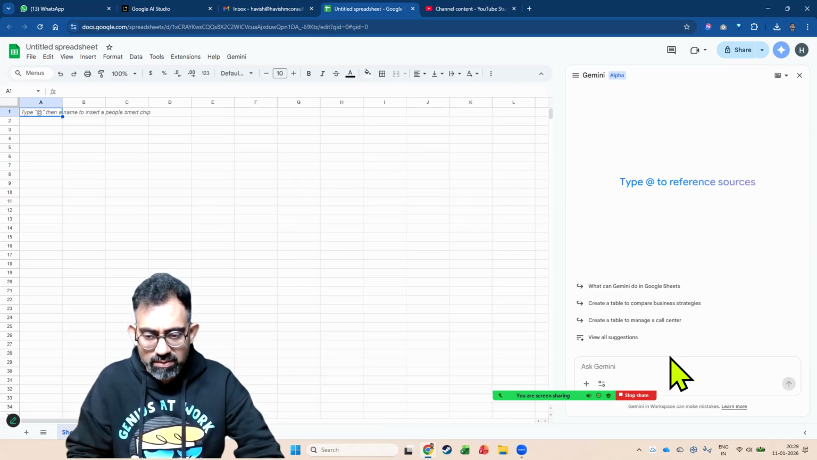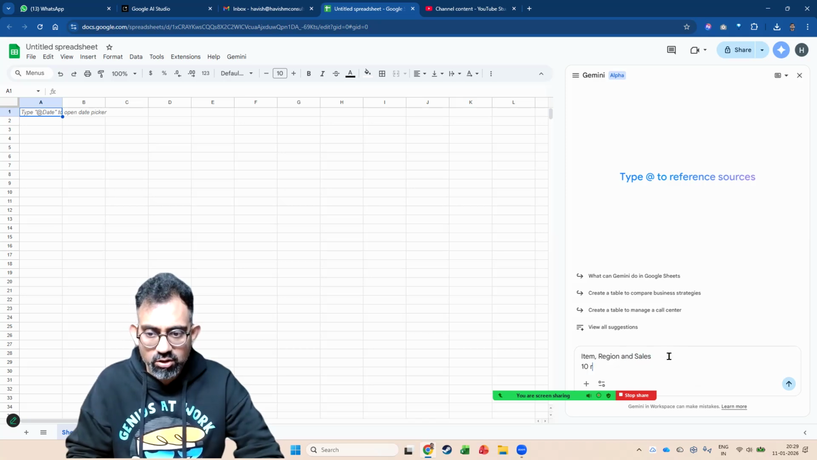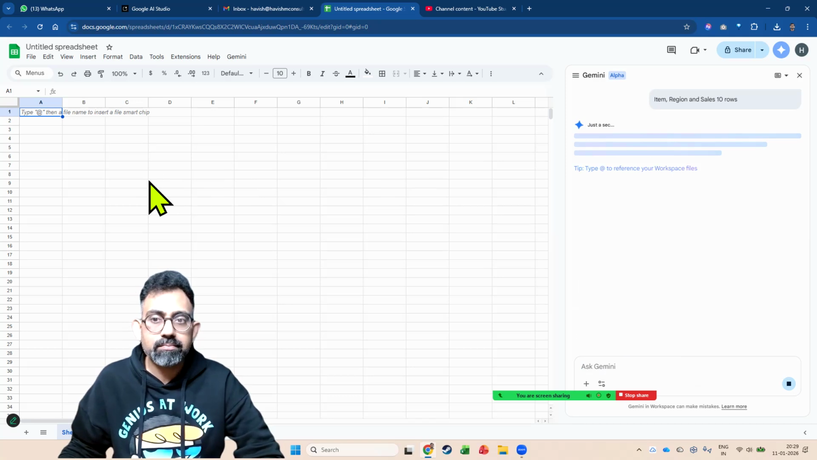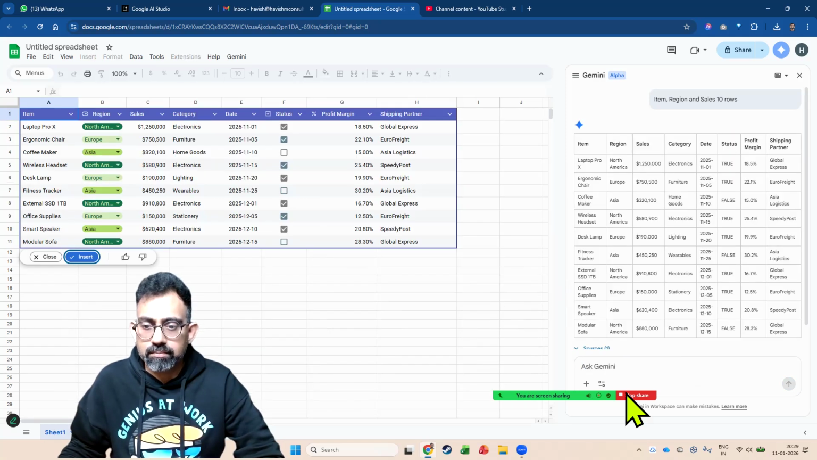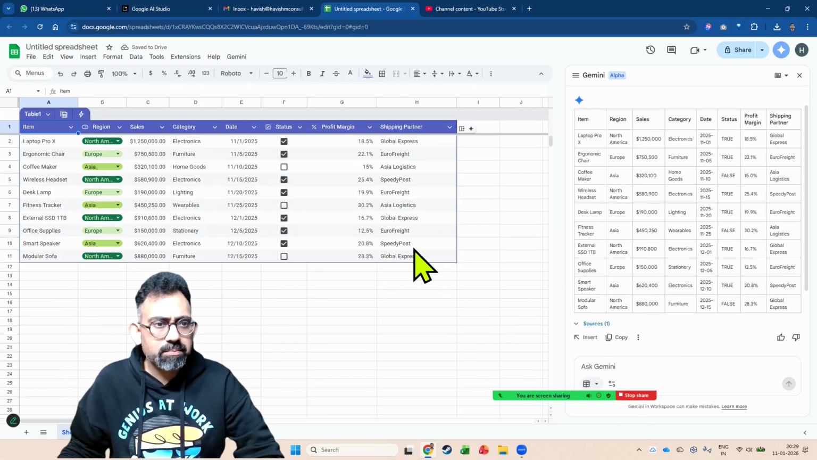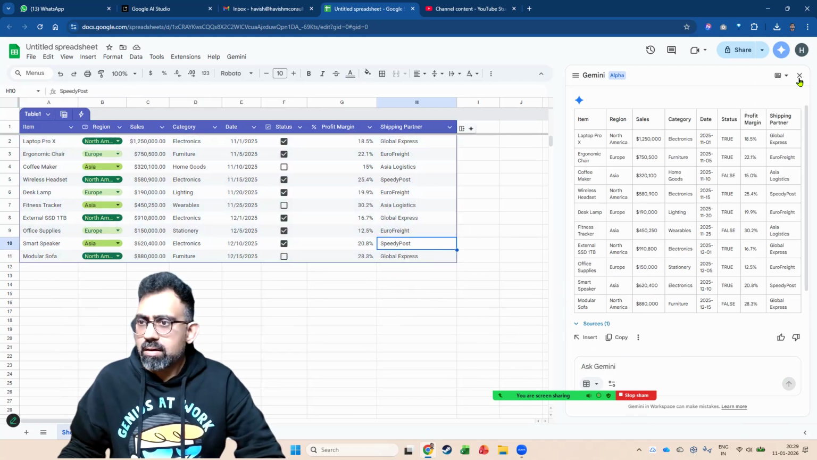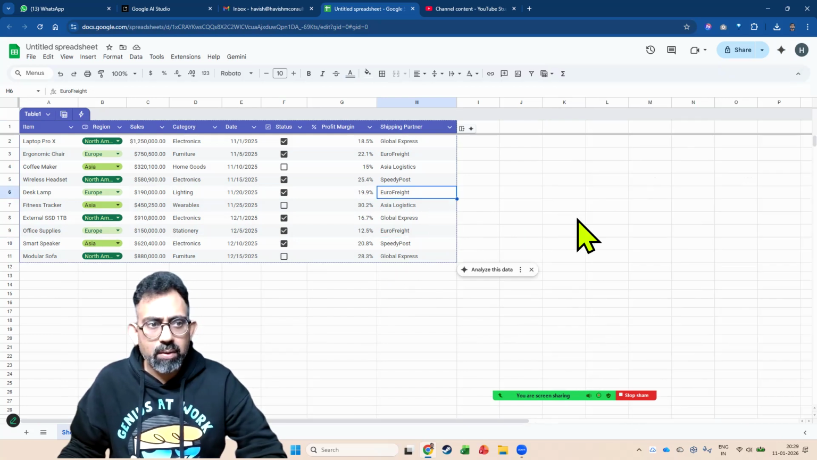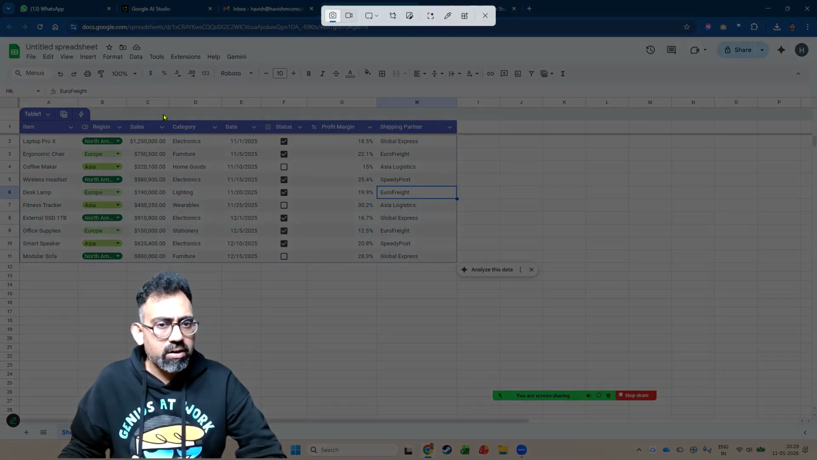Let's keep it simple. I will just call it item, region, and sales, and we just need about 10 rows. Let's insert this. Perfect. Now I want to take a screenshot,